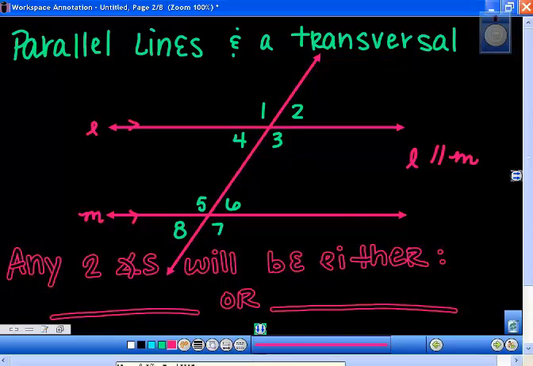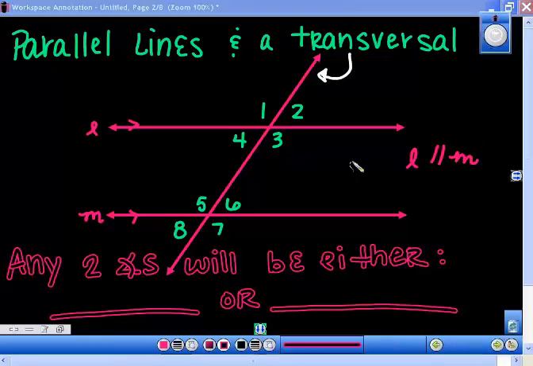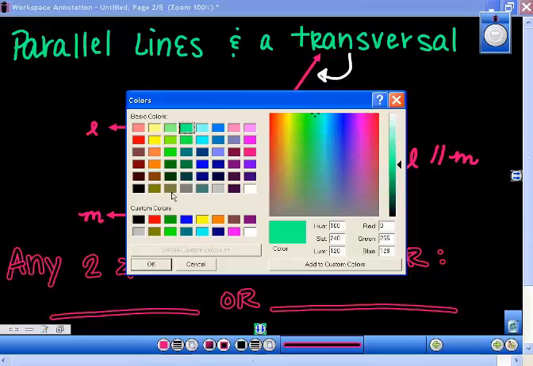Anytime that happens and you have a transversal, this one here is the transversal, a line cutting through both of them, you're creating 8 angles, and I've numbered them here. You can number them differently, but I just went 1, 2, 3, 4, 5, 6, 7, 8. So we have 8 angles created, and you can pick any 2 of these angles from parallel lines cut by a transversal, and those 2 angles will be one of 2 things. They will either be congruent